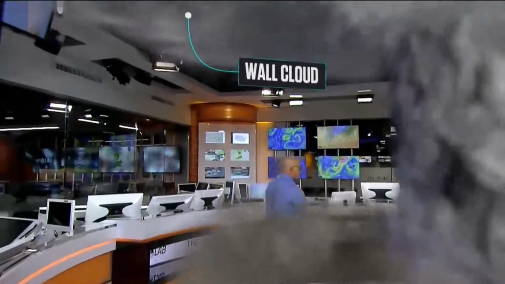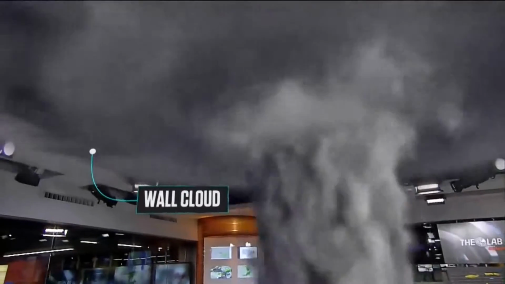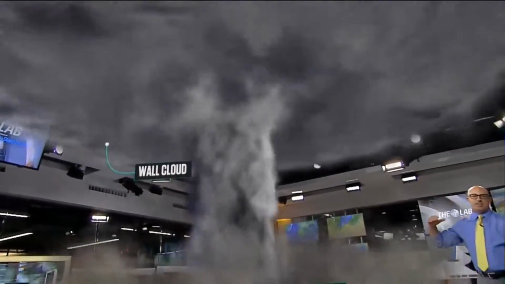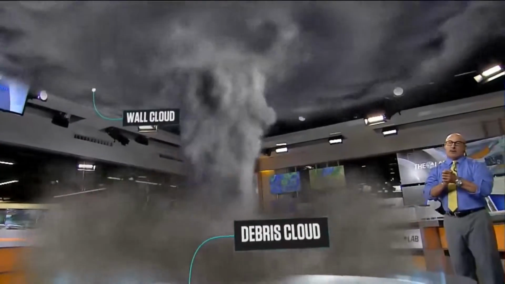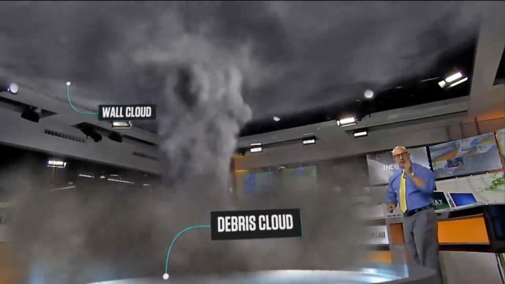Preceding a tornado, there's another feature we have to talk about, and you saw it on the video that we just showed. It's a wall cloud. It's the base of the thunderstorm beginning to lower, tremendous violent motion. Sometimes these whole wall clouds are rotating. Sometimes you just see the air coming up into the wall cloud. But when the wall cloud starts to produce a funnel, whether that funnel is on the ground or not